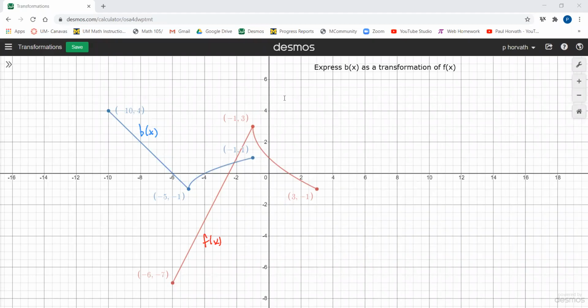Well, friends, our goal today is, given two graphs, a graph of f of x, which is red, and a graph of b of x, which is blue, to express b of x as a transformation of f. And I want to walk through this process with us so you can see how I like to think about it. So I think the first thing we're going to look at is horizontal stretches